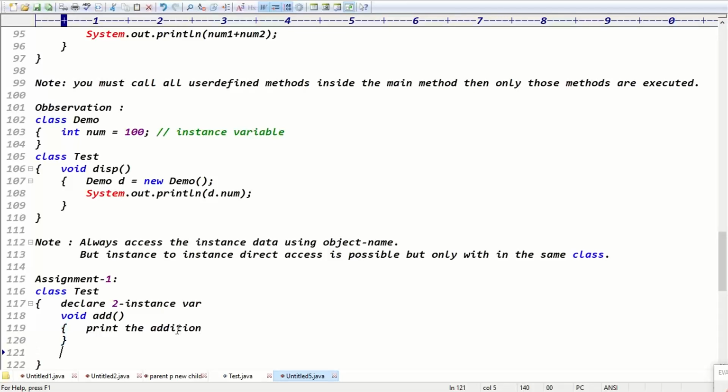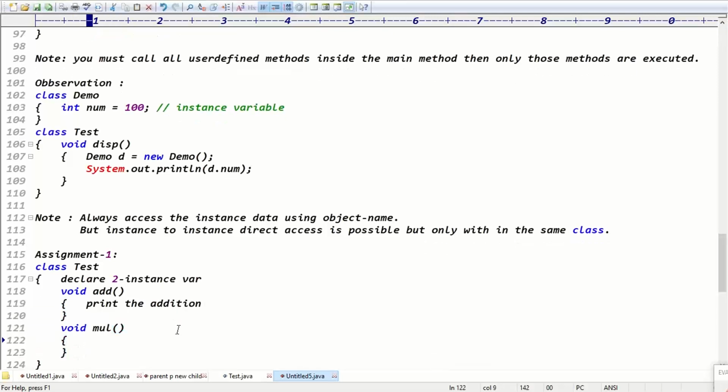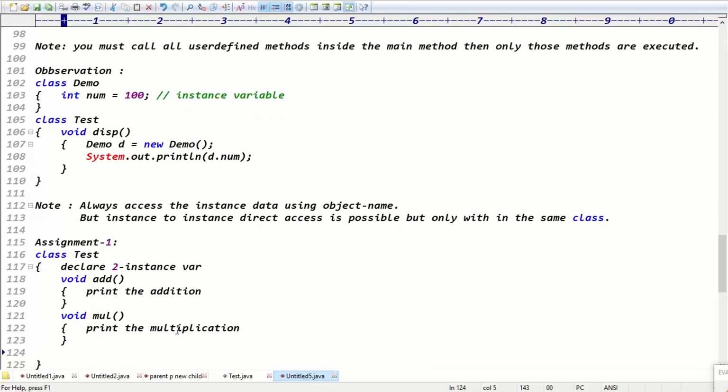And you take one more method, a void multiplication method. Here simply print the multiplication, right? Print the addition and print the multiplication. After that you can define the main method. What is the syntax of the main method, guys? public static void main, String array args, right?